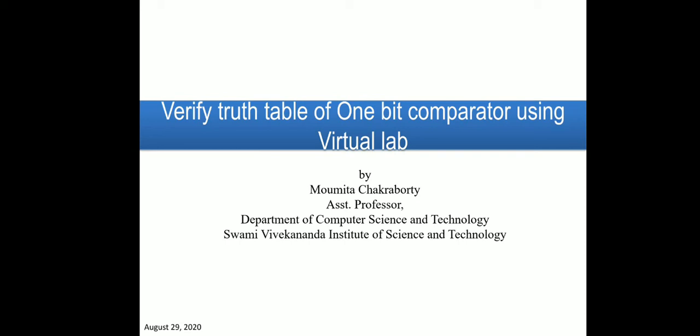So virtual lab is very essential for doing the experiments of our syllabus. Now we will see how to use the virtual lab to do this 1-bit comparator.